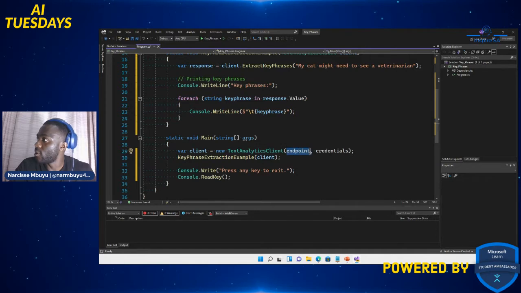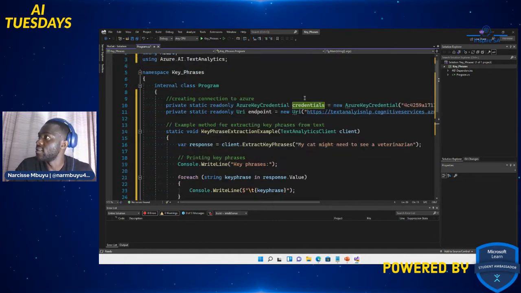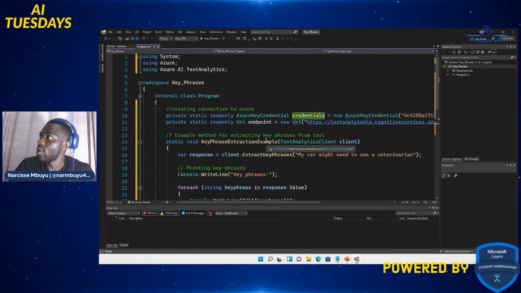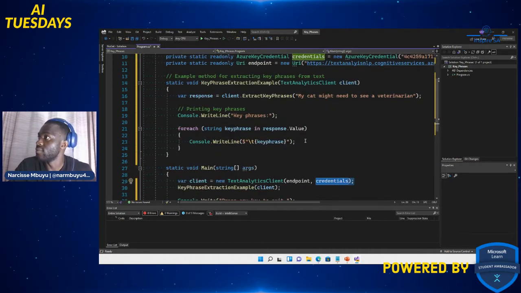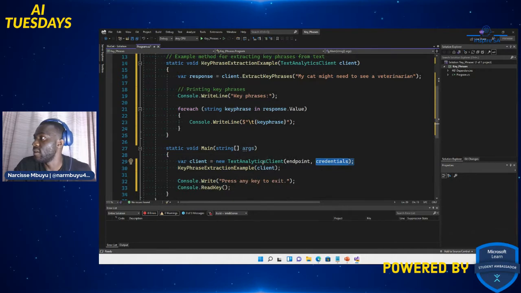I put my endpoint, the address basically, and the credentials, which is what I use to connect to Azure. And then I'm calling the key phrase extraction example and passing the client as an example.